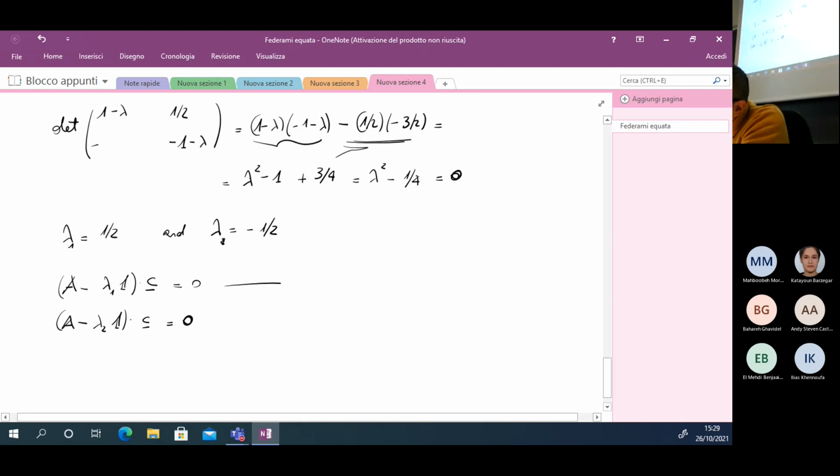So from the first one, what I get is A is 1, 1/2, minus 3/2, which appeared here, and